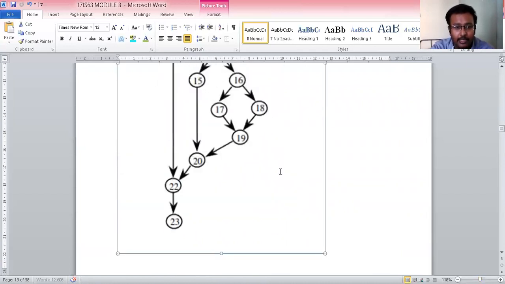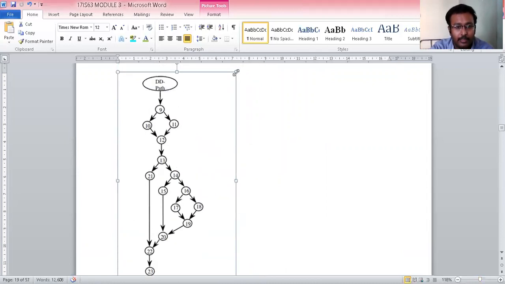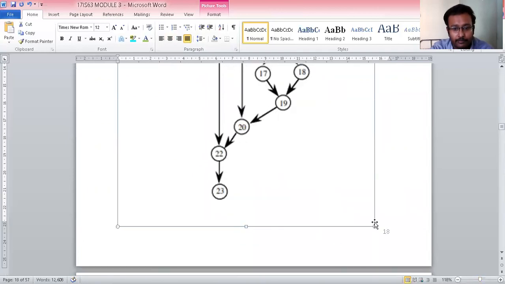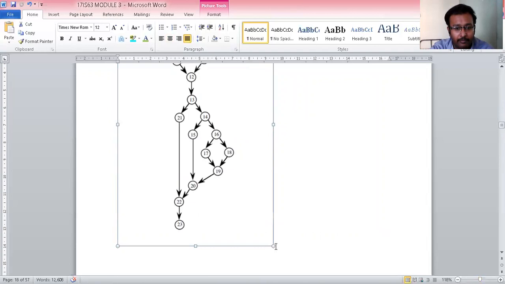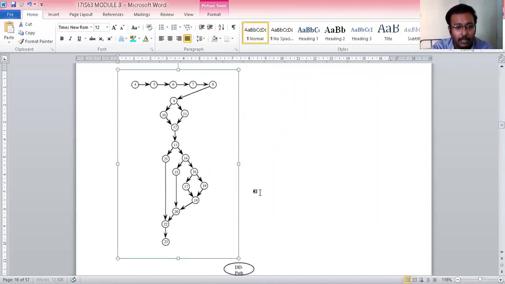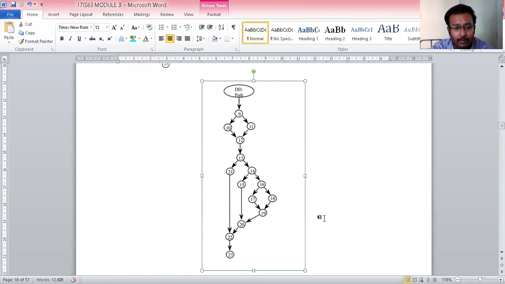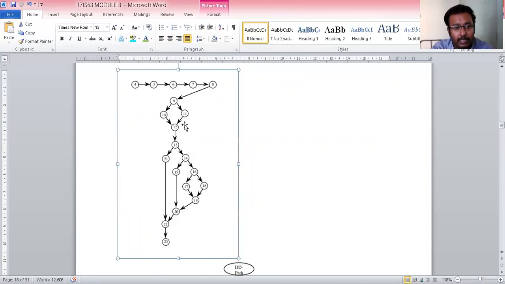If you see here, this is the program graph for the triangle problem, and this is the definition to definition path of the triangle problem. To generate this program graph, you should know the pseudocode of the triangle problem.